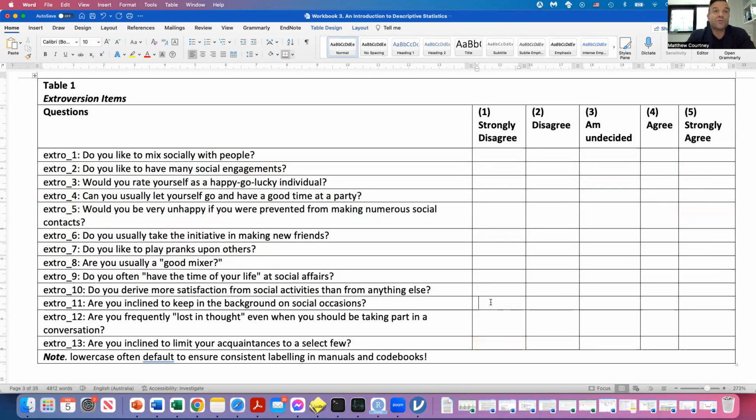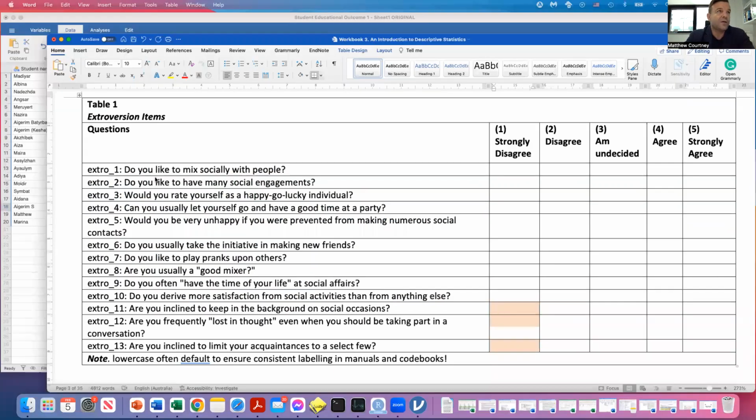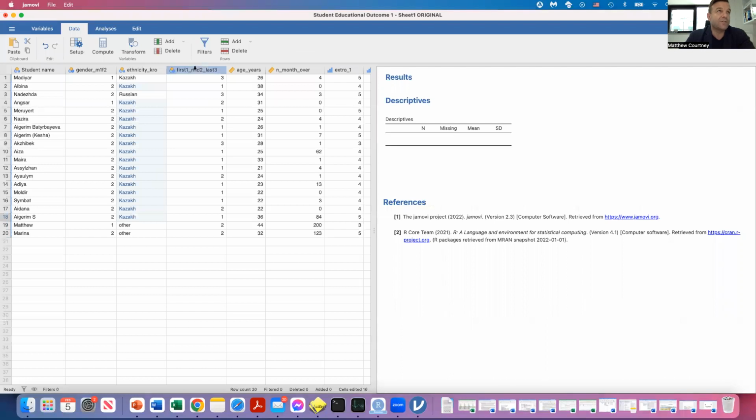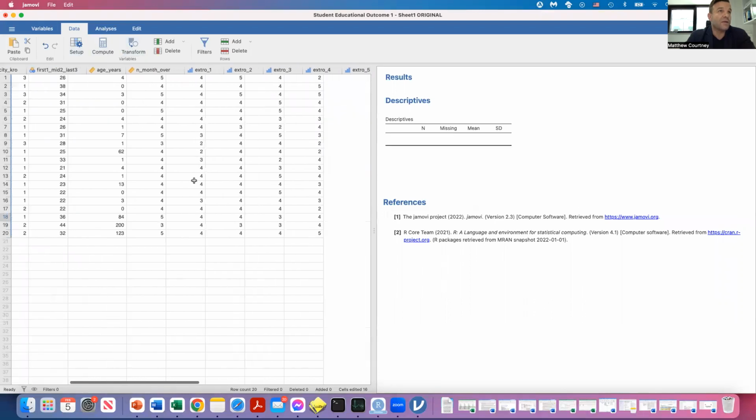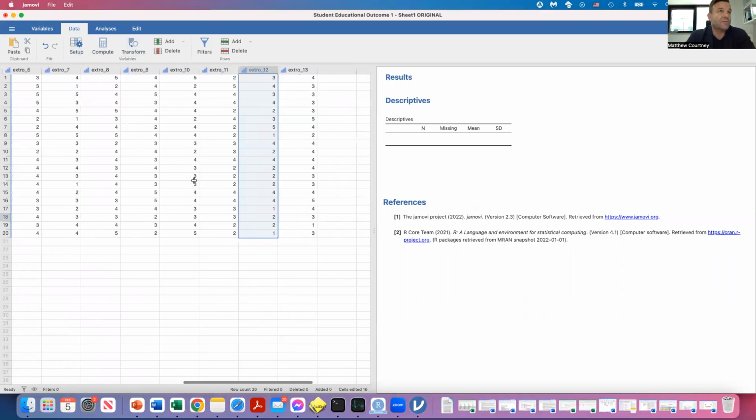So that's why we need to reverse score these 3 items in order to ensure that the extroverts get the highest score on that scale. So here's some data in Jamovi here. In the data view, to reverse score the last 3 items, we would go to transform